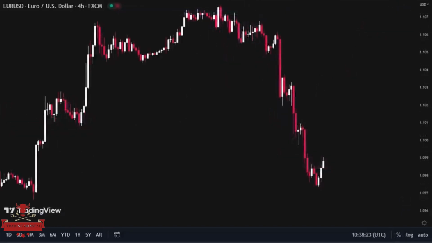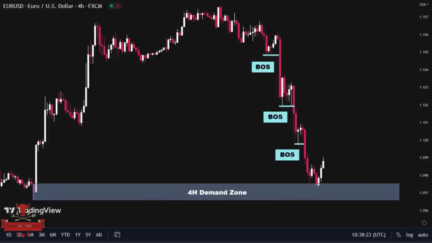On the euro-dollar 4-hour time frame, we can see that the price is currently in a strong downtrend. After reaching this perfect demand zone, the price was rejected to the upside, indicating that it may reverse its direction and mitigate this supply zone here. So here in this scenario, we would look for taking a long position, and we will be aiming for the